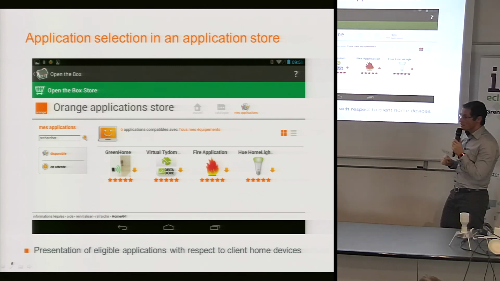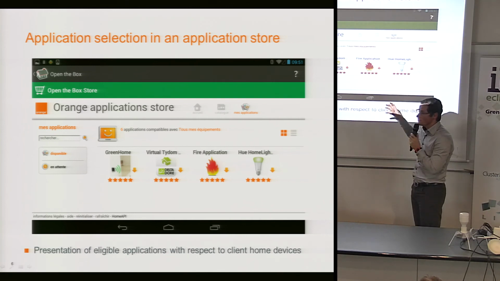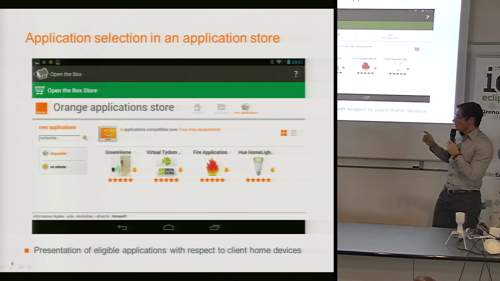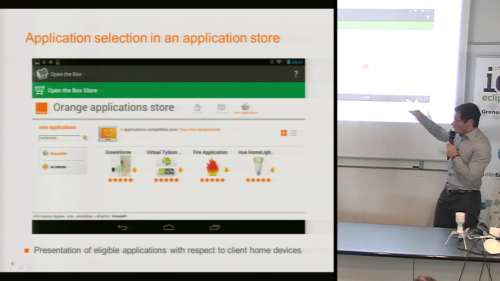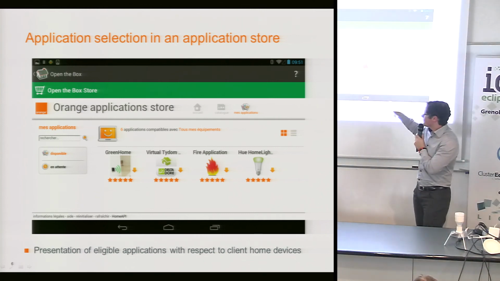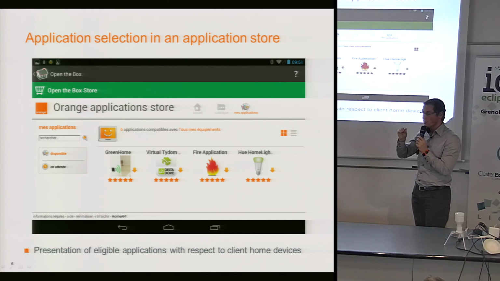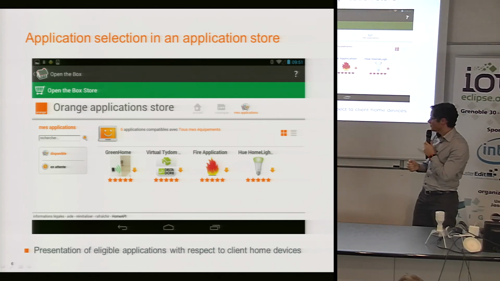And here what we see as simplifying the customer journey for the user is that he only sees the applications that are compatible with his devices in the home. And how do we do that? We do that because we force the third-party players to declare all the device types that are required for their applications.